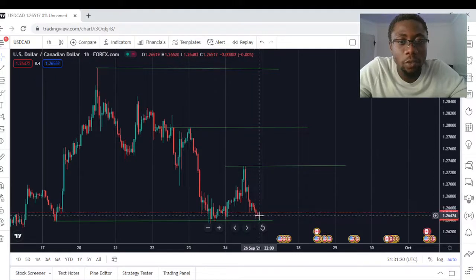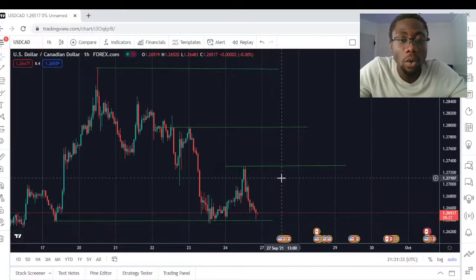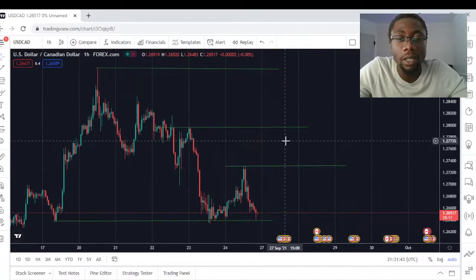And this is currently the 4th touch off this level, where we can either see momentum come through, break below, and touch this level again from the bottom side and continue to drop lower, or we can have price come back up here and react off this level to the upside and give us a breakout,